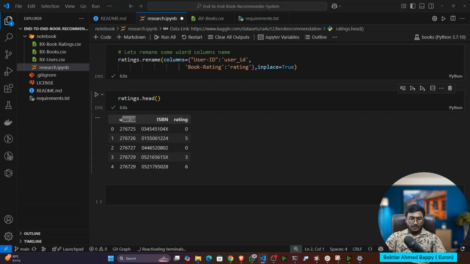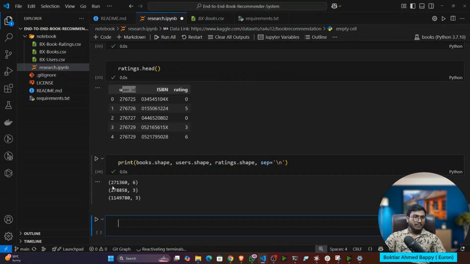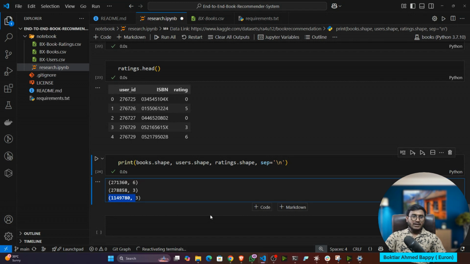Now if I show you all the data shapes, they're not the same, okay. So this is the first one, that means book shape. This is the second one, user shape. This is the third one, rating shape, okay. Now why is it different? Because I already told you there is a possibility during data collection they collected that many book information, that many user information, that many rating information. That's why it's not the same.